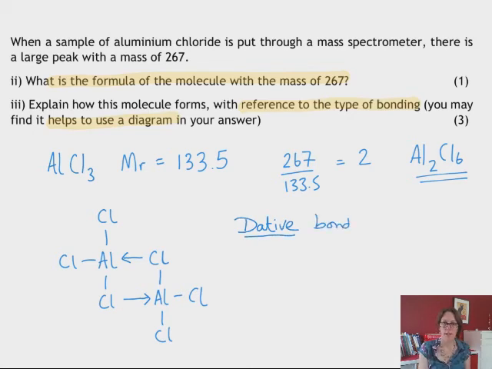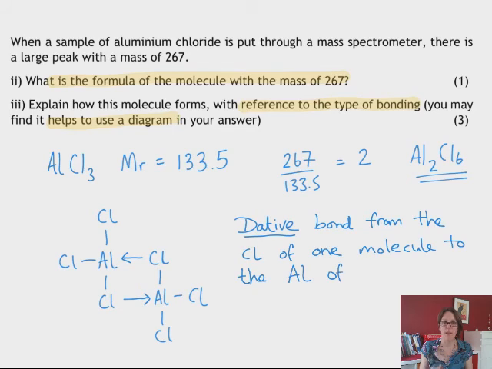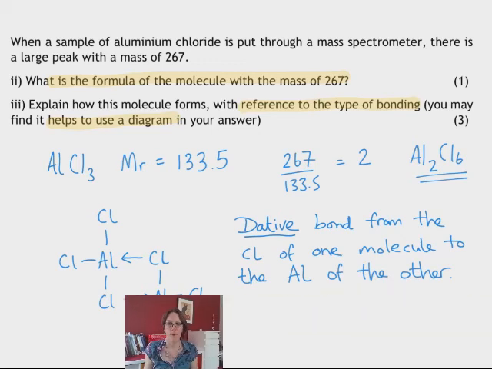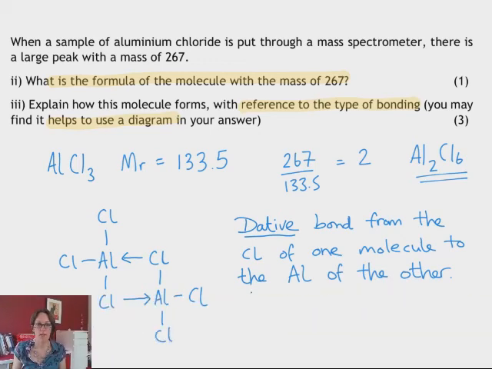We want to call it dative bond. You may call it coordinate bonding on your course depending on what you're studying. They mean the same thing. And I'm going to be clear, because it's a dative bond, I want to say from what to what. So it's from the chlorine, which is the one with the lone pairs, to the aluminium, which is the one with the space for electrons. And what that means is you've got two molecules joined together,